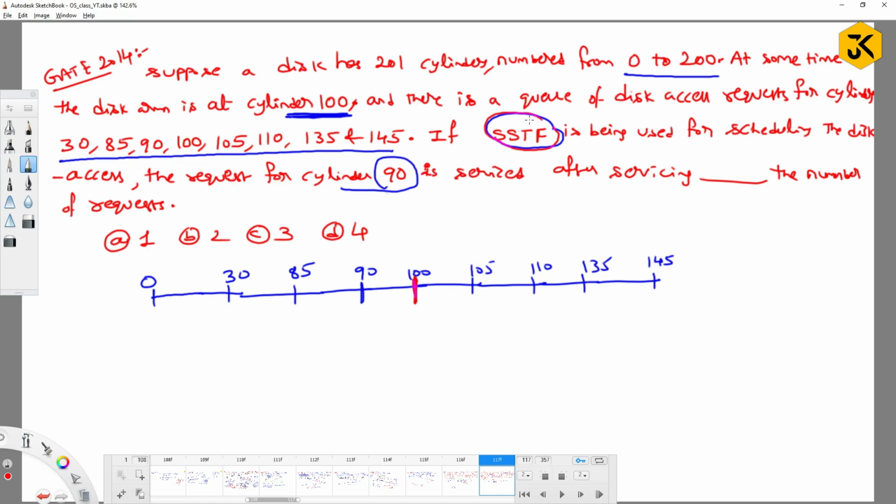The algorithm they are using is SSTF. So in SSTF, whenever you are going to process a request, first you have to find the shortest seek time. The simple logic is to calculate the adjacent ones. Which is closer, 90 or 105? 105. So 105 is done. Next, from 105, 90 or 110? 110. So 110 is done. Next, from 110 to 135 or 90? 110 to 90 is 20, 110 to 135 is 25. So